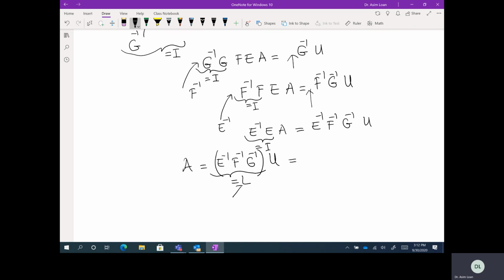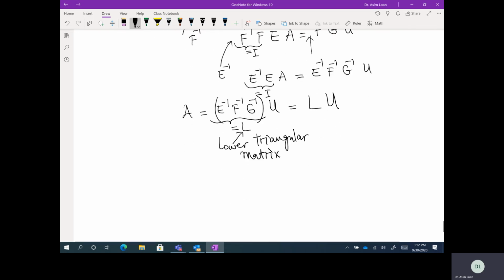This will be a lower triangular matrix because all elementary matrices are lower triangles. So this is a lower triangular matrix. So this is actually A is equal to LU. This is known as LU decomposition. Okay. If this is LU decomposition,